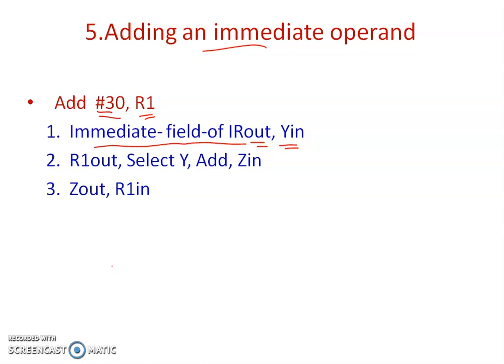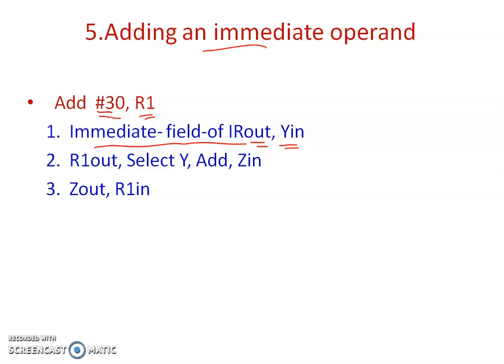Lastly, we can see the sequence of operations performed when an immediate operand is found in the instruction. So when an immediate operand like #30 is found, Add #30, R1. What does that mean? Some value in R1 will be added with the numeric value 30 and the result will be updated in register R1. For this addition operation, what you need to get is the immediate value from the instruction itself.